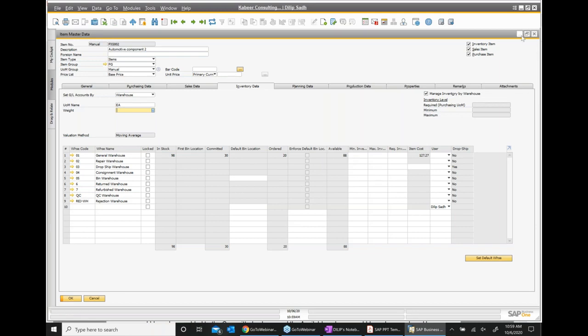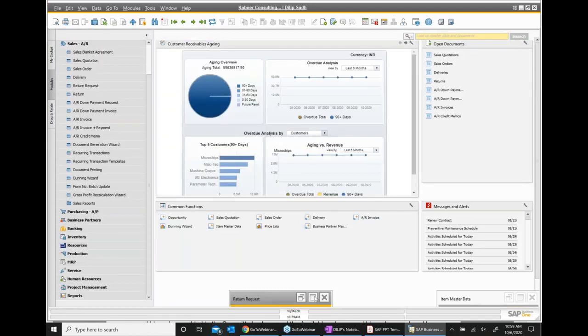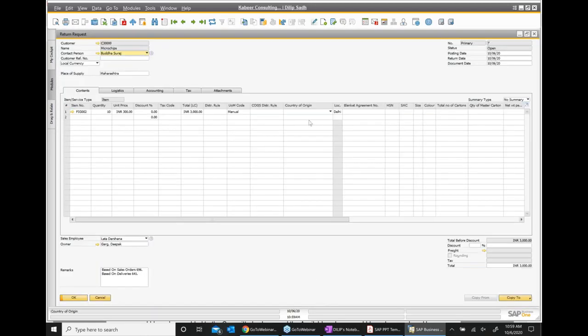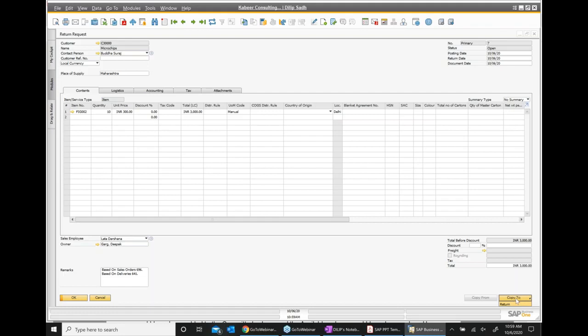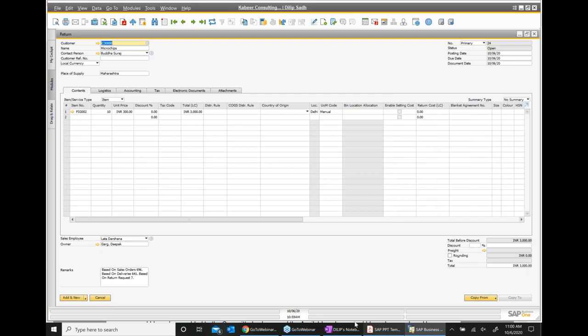Now I close this window. This was my return request. Now I want to go back to the relationship map, and we have seen the relationship map, so I don't want to go back. If you see in the bottom, look at here, copy to. I want to do the return now. So I want to go to return.